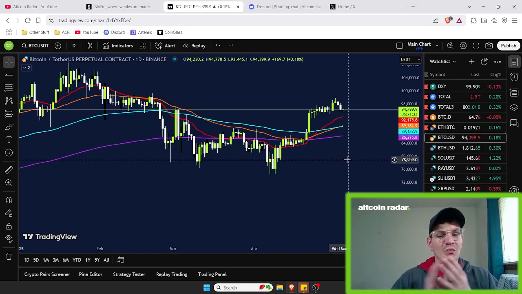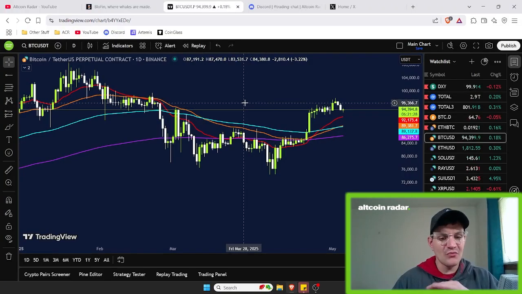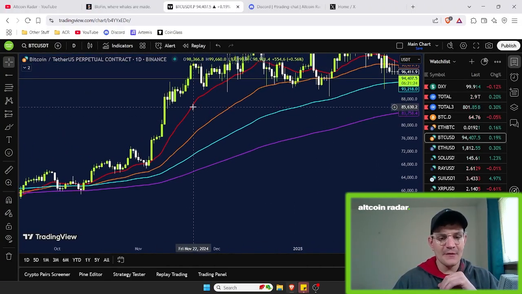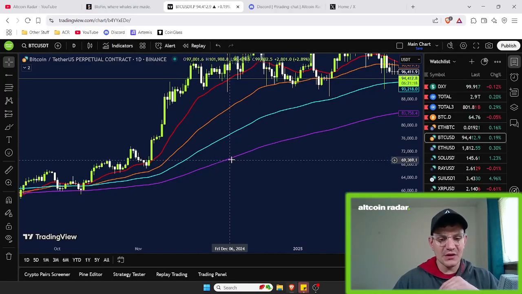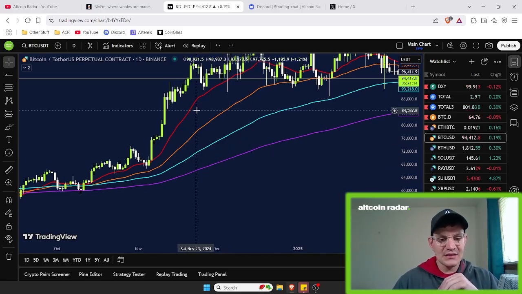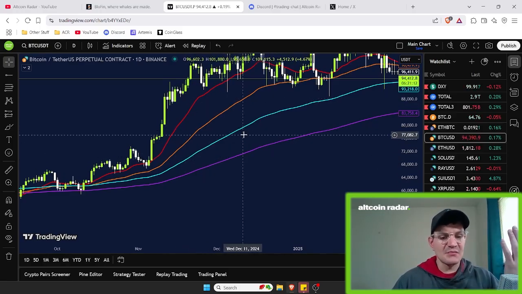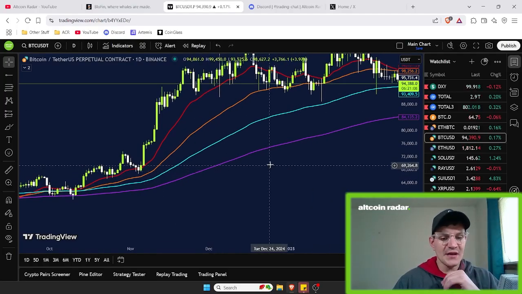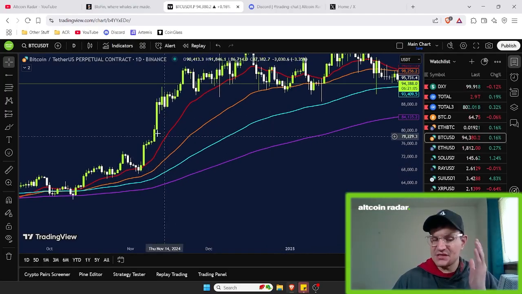For example, when all of the EMAs are stacked above one another, such as the 20 on top, which is what we got right here, and then the 50 below, and then the 100 period below that, and then the 200 below that, in order just like this, then the trend is typically obviously bullish, as you can clearly see right here. All right. And the same is true in the opposite direction as well,